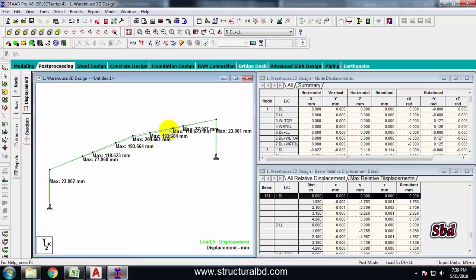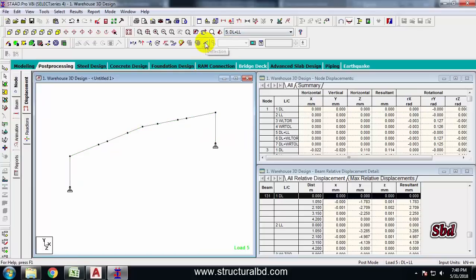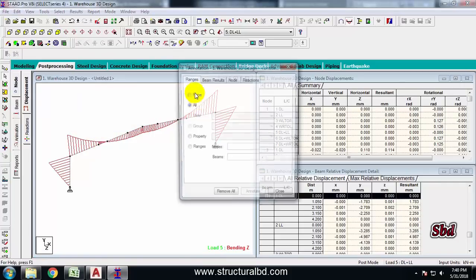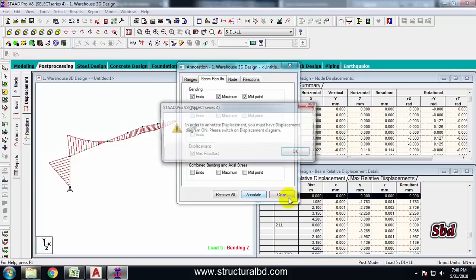So I have to check the allowable deflection as per my code, and I can check my deflection and side sway or lateral deflection from here, this icon. Just uncheck this one, click here MZ to check moment. You can see here the moment diagram. To show value here, go to results, view value, similarly beam results, check these three under bending, annotate,